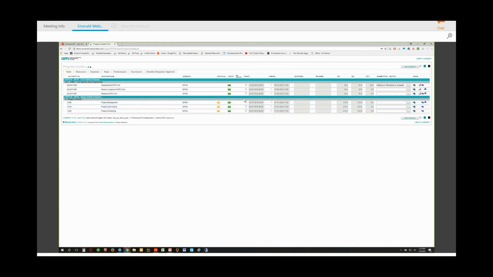So in terms of updating, it's very simple. We can start activities, we can finish them. If they're in progress, we can possibly suspend and resume if need be. And I can see here that there was a note here that we're waiting on some information. So more than likely, we have encountered an issue in the last update cycle. So let's go ahead and